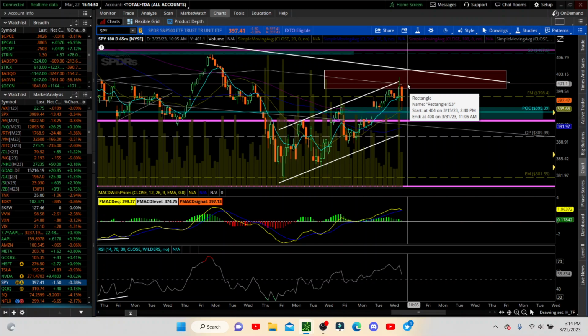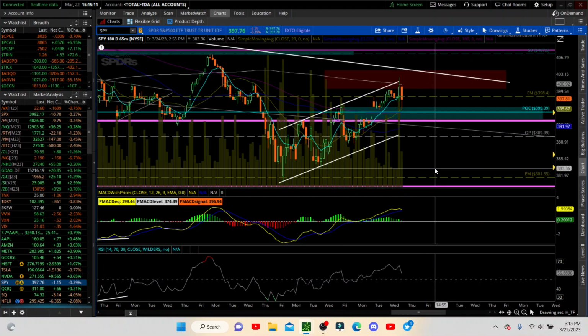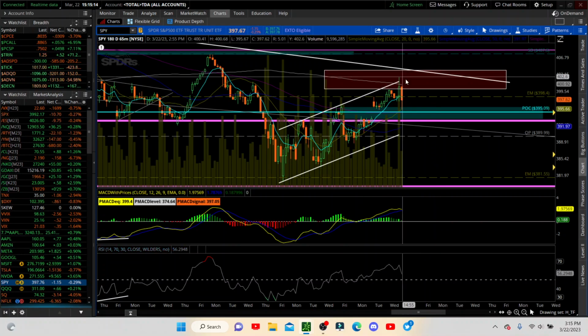So we're getting a bounce off of this gap area, but we rejected off of the 50-60% retracement. So we're looking, this is a bear flag to us right now, rejecting off there. So far